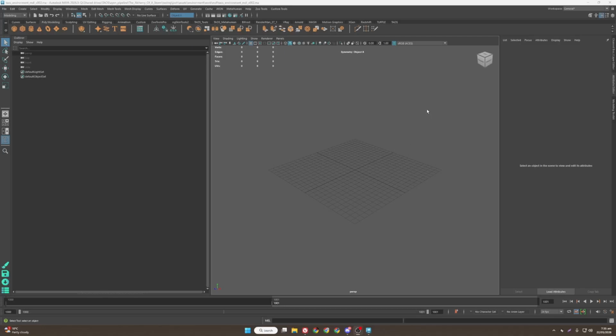Alright, now we're all ready and set to go inside of our favorite DCC. The next step would be loading in an asset. With a lot of these assets, we've already created proxy models that we've used in our previs and our motion